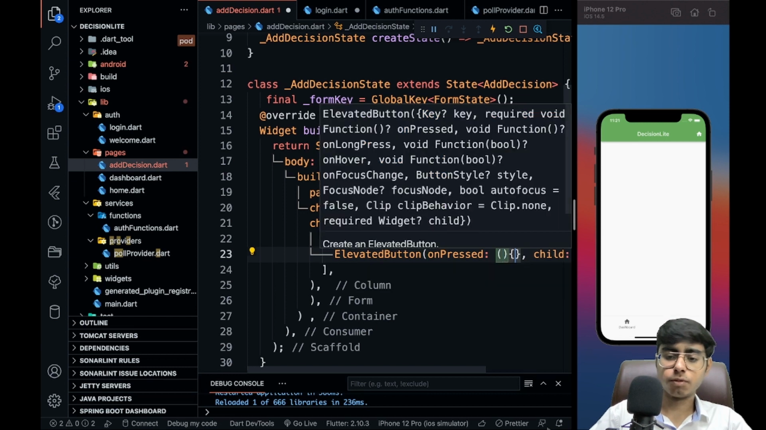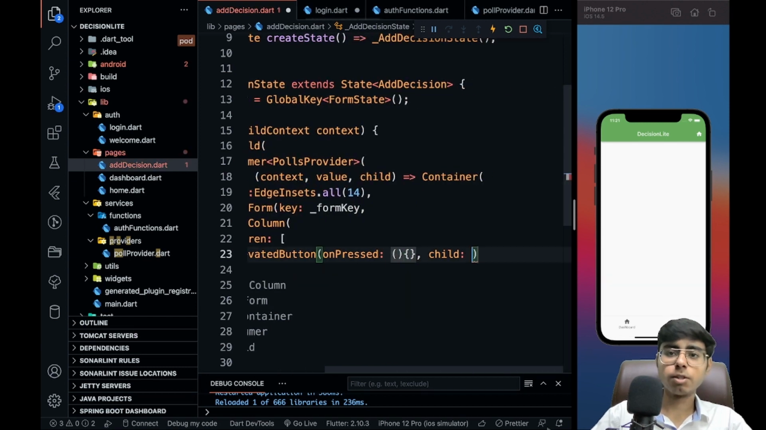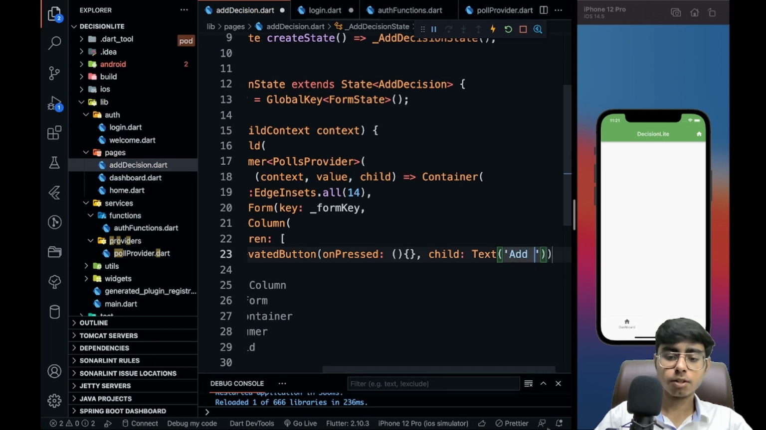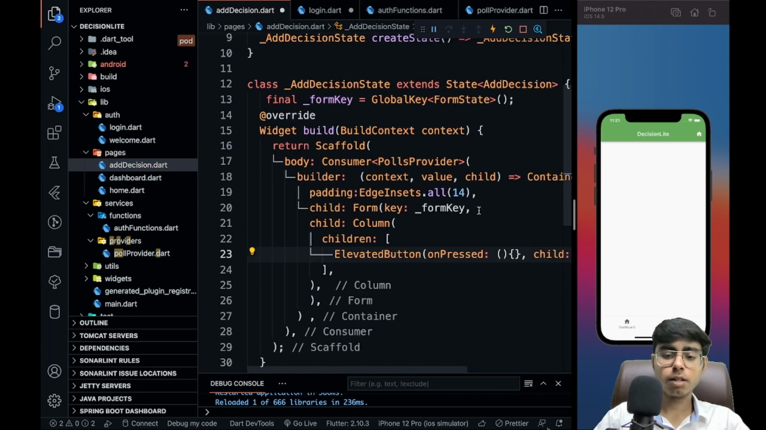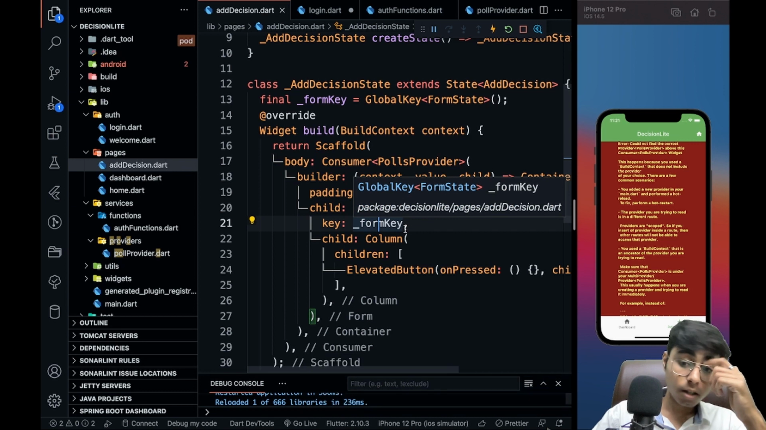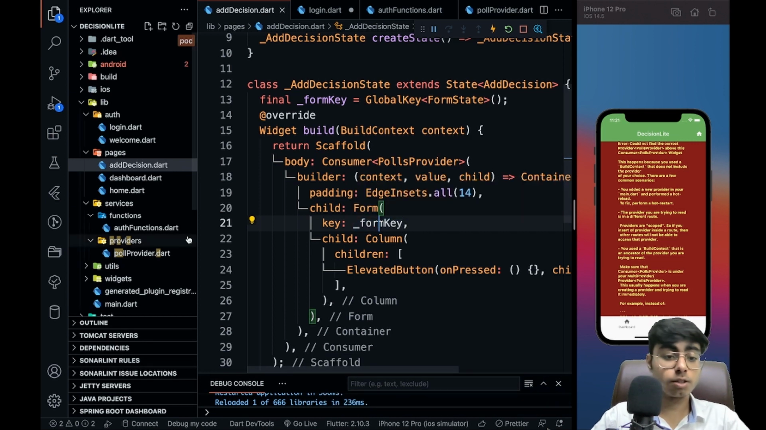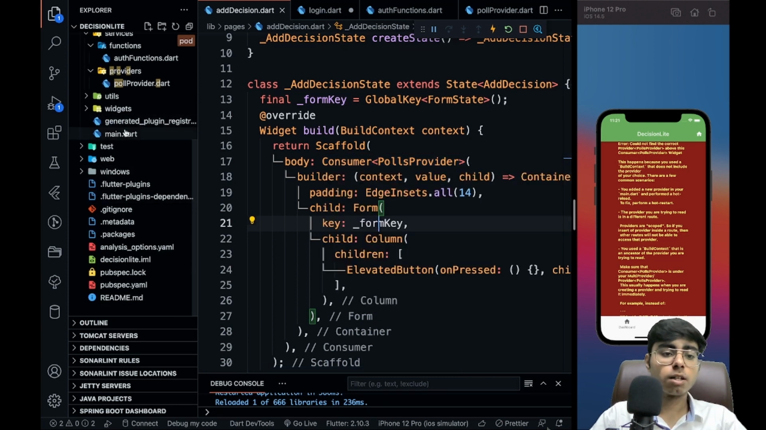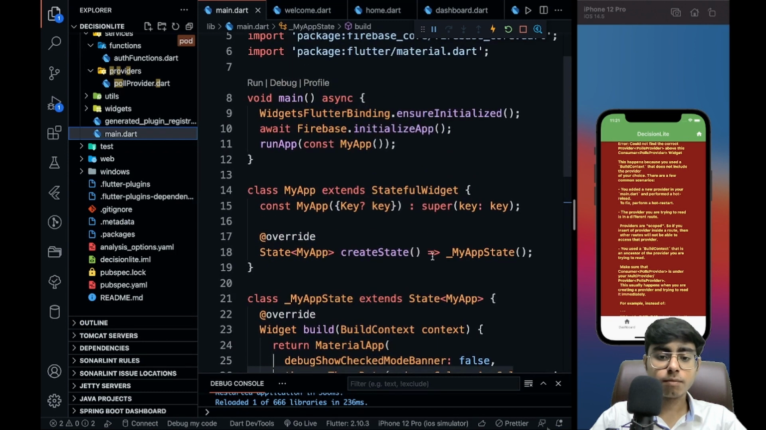And let me remove this, and let me just put the text as add poll, right? Let me just save it. Okay. This error is usual because we haven't initialized our provider in main.dart. So we need to go to main.dart, and we need to say over here,